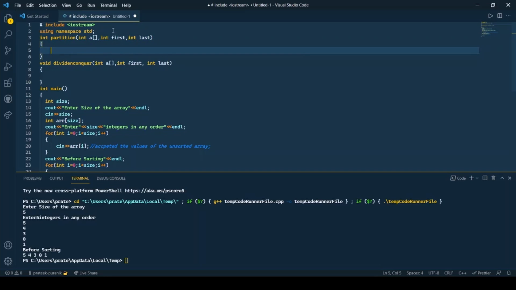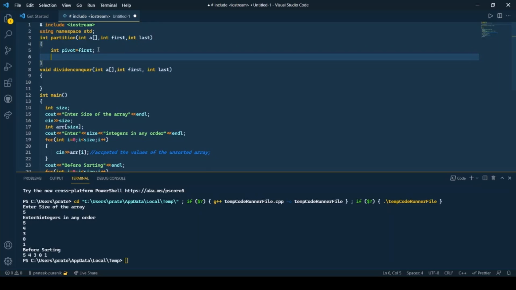The first step of partition which we talked about was finding the pivot, or initializing the pivot. The pivot over there was the first element. So int pivot is equal to the first element, that means position first over here. If we are considering the 0th position as our pivot element, then our pivot will be initialized to 0.